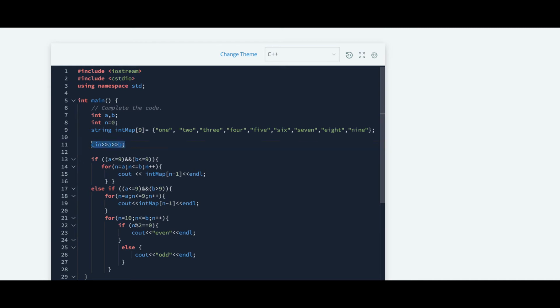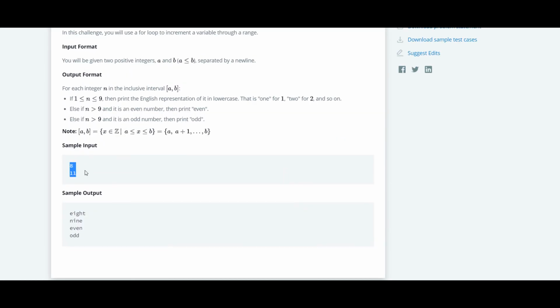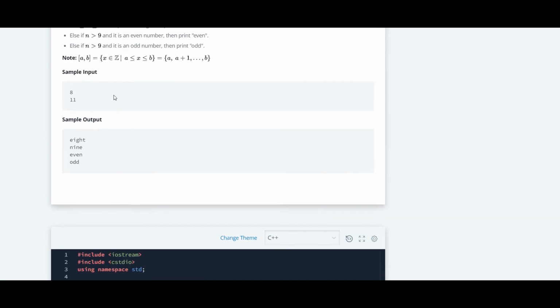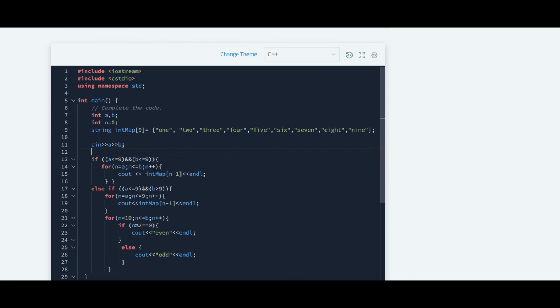Now I have taken input of these two numbers by using cin, and now I will be using an if else block. The first condition will be if both A and B are smaller than 9, then what we have to do? We just have to include all the numbers.